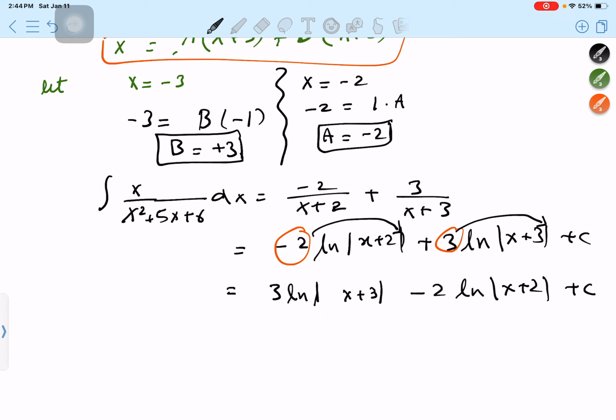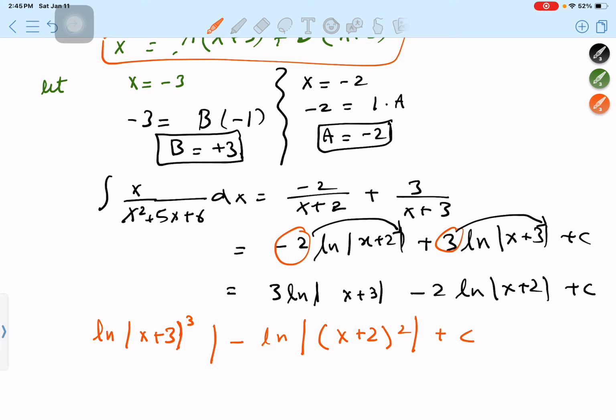So this is where I'm going to do the trick where the coefficients go up as exponents. So I'll have the natural logarithm of the absolute value of x plus 3, quantity cubed. I'm going to leave the minus sign in the middle and make that the natural logarithm of x plus 2 quantity squared plus c. And remember, lastly, there's this property of logarithms that if you're subtracting two logarithms, you can